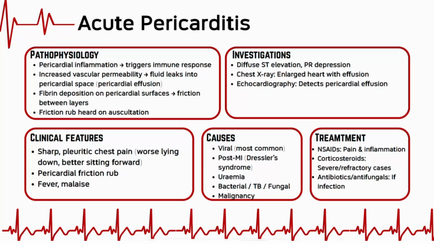One more thing about pericarditis is what you should do when a patient comes in with pericarditis, when you do a physical examination. I told you that you have the pericardial friction rub. The pericardial friction rub is kind of like crunchy snow. Basically, this friction rub is heard best at the left sternal edge, and the best way to really hear this is to ask the patient to hold their breath, and when they hold their breath, the subsequent heartbeat will actually give off that crunchy sound,